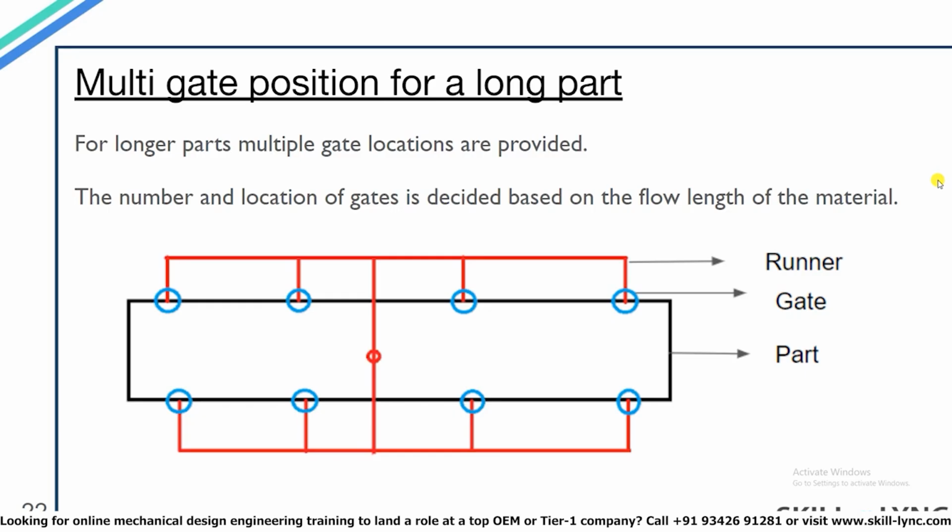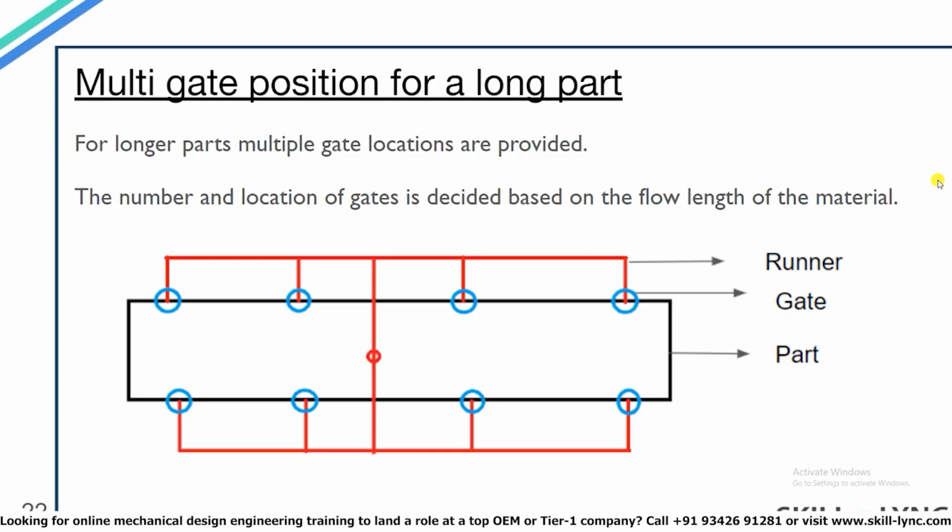So for example, in the diagram below, let's assume the length of the part to be around 1500 mm. And let's say we know that for the given wall thickness, the flow length is 250 mm. So here, since the length of the part is more than the flow length, we will have to provide additional gates. So if we think of providing 8 gates, we can check that 1500, the total length divided by 8